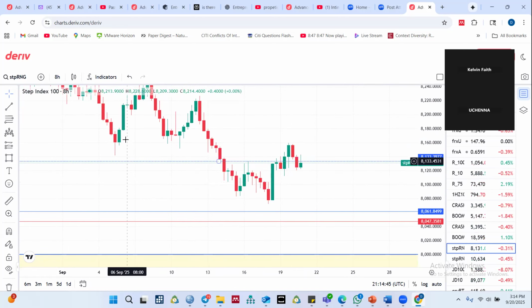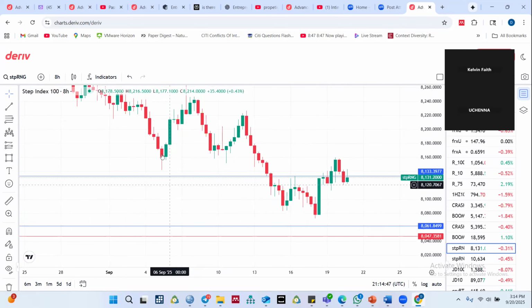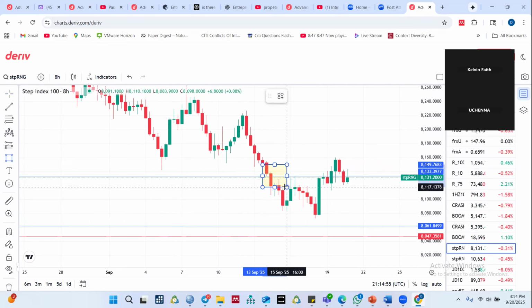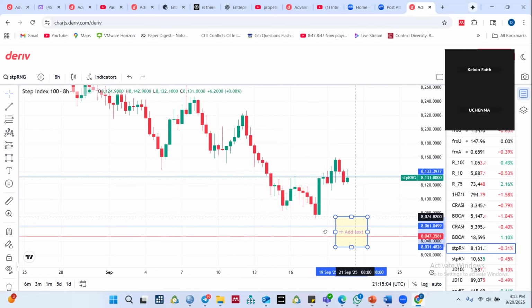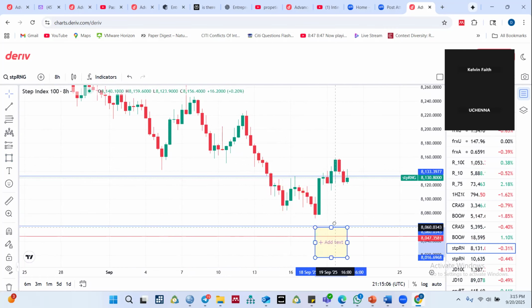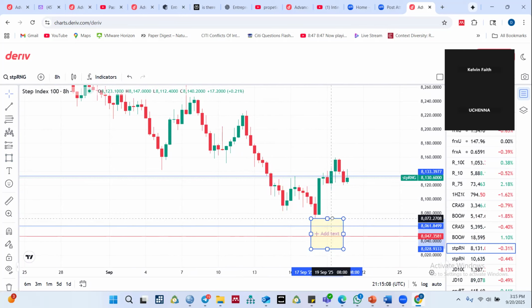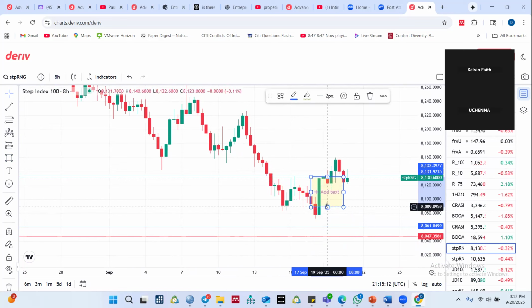You see, price drops close to the blue line, it's rejected and goes up. The moment we see a body close below the blue line, it got a retest of it. This is the 8 hour, a retest of it, and then it dropped small. And then when it came close to the next blue line down here, look at the candle and then a big engulfing candle, the bullish engulfing candle, which means